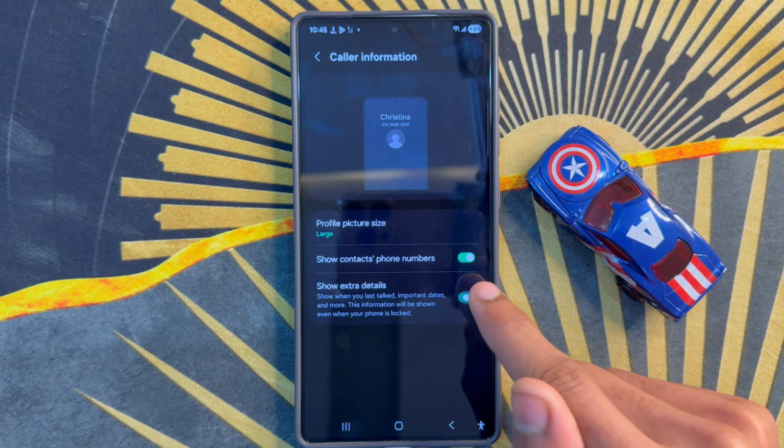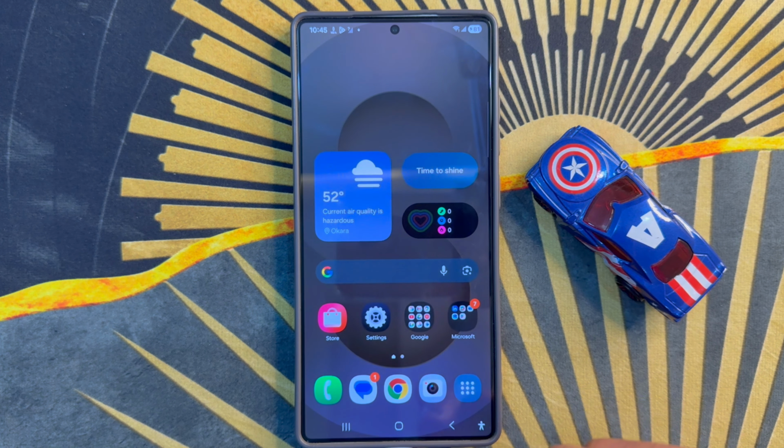After the process, go back to home screen. So that's how you can turn on or turn off show extra details for color info on Samsung Galaxy S26